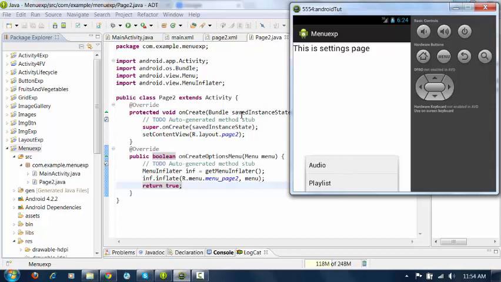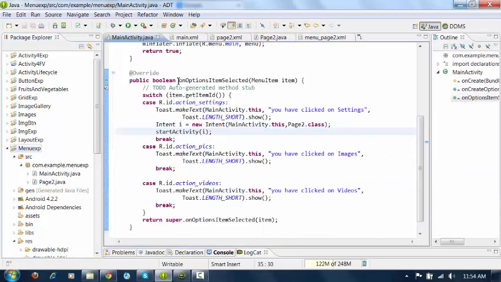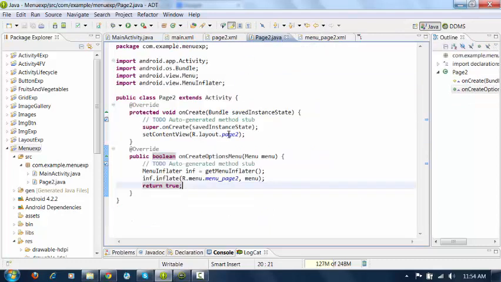Using the same method, like whatever we have done in the main activity, you can use the onOptionsItemSelected method in your page 2 and give action to your menu items in page 2. So that will be the assignment for you. You have to implement the menu item click listener for your page 2, try to navigate between different pages and give different options.